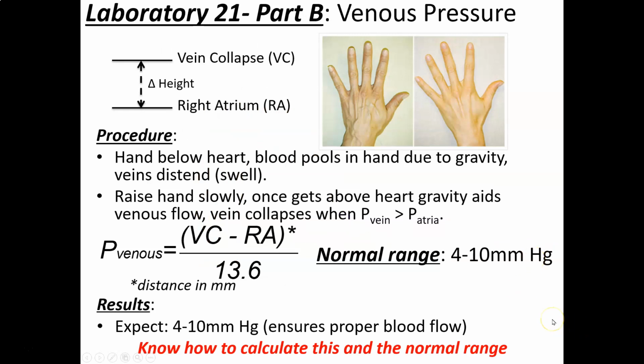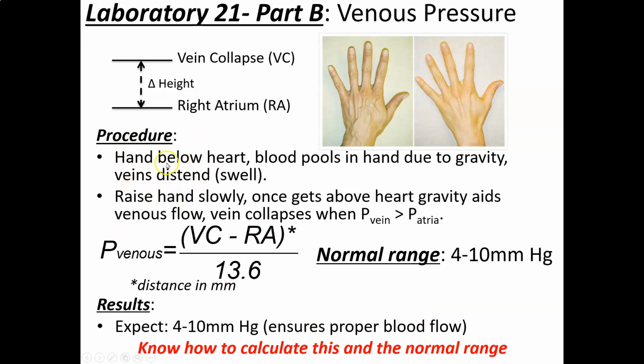So one of the pressures that we measured is called venous pressure. And the venous pressure is the pressure of the veins. That should be significantly lower than the pressure of the aorta because blood flows from the arterial side to the venous side, and the venous pressure is obviously by its name on the venous side, so it should have a fairly low pressure. So the way we did this